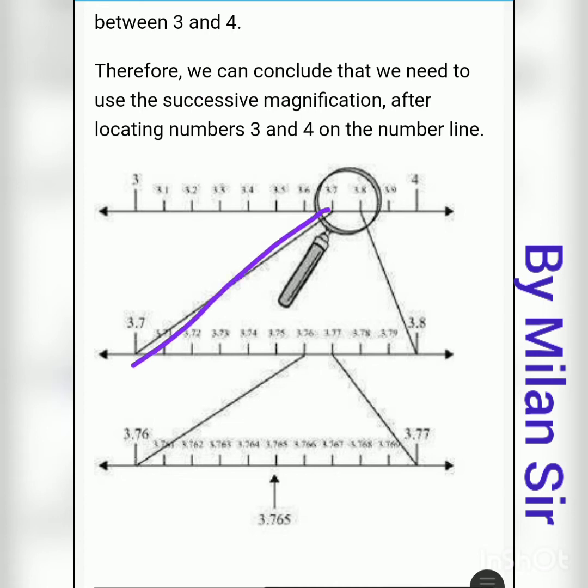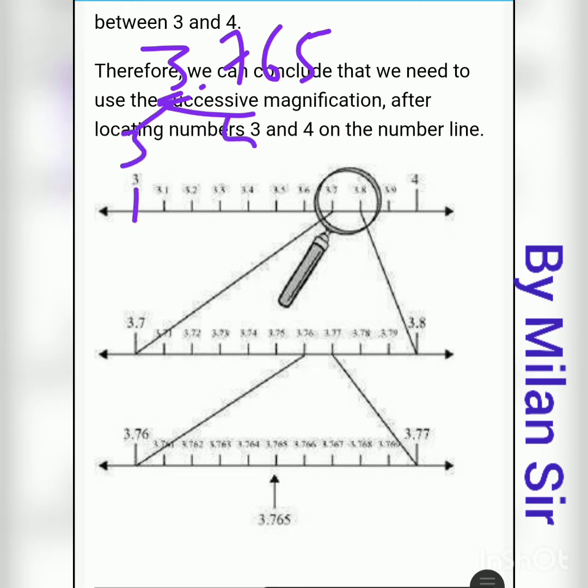And we need to join this number line. That means 3.7 to 3.7 and 3.8 to 3.8. Again here 3.76 to 3.76 and 3.77 to 3.77. Again, let me quickly repeat. For 3.765, first we see the 3, which lies between 3 and 4. In between we write the numbers in decimal form: 3.1, 3.2, 3.3, 3.4, 3.5, 3.6, 3.7, 3.8, 3.9.